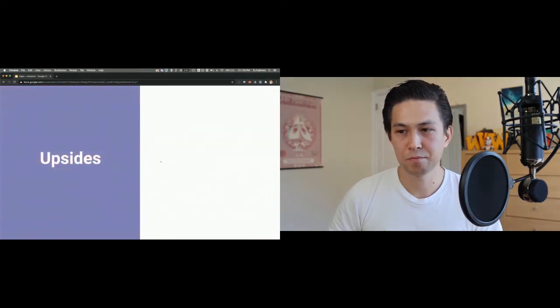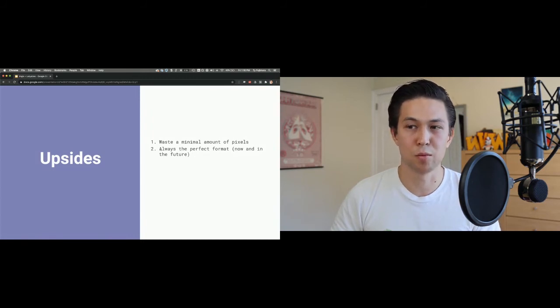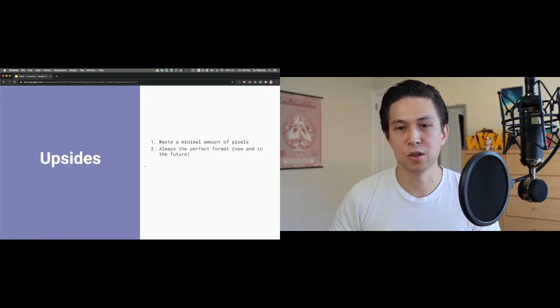I'll come back to what we do to deal with lazy loading. So the upsides of using Imgix are that you're going to end up wasting a minimal amount of pixels because you're only ever going to serve images that are very, very close to the actual resolution that the user needs, as determined by the browser. Another upside is that you can configure it to always deliver the ideal format for the user. So if the user is on a browser that supports WebP or in the future AVIF or whatever the next thing is, Imgix is going to read that via a request header and will serve the images in the format that is ideal for your user,